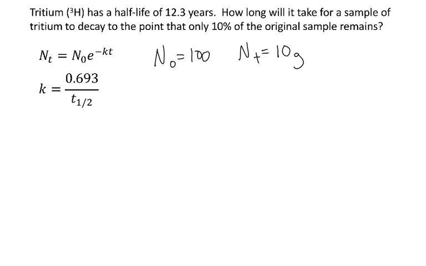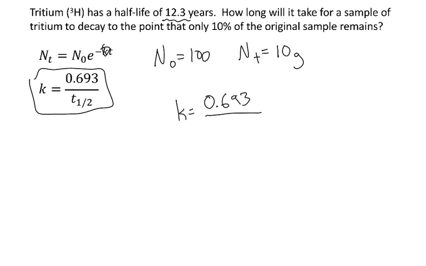So the other thing we need to do to solve this problem is we're given the half-life, but of course we need the rate constant in order to solve this. But we have this equation that relates the half-life to the rate constant. So the first thing we're going to want to do is get K. So K is equal to 0.693 over the half-life, so that's 12.3 years. And so we get a value for K